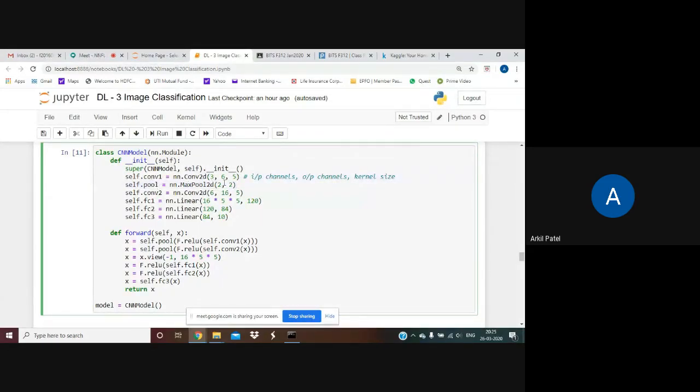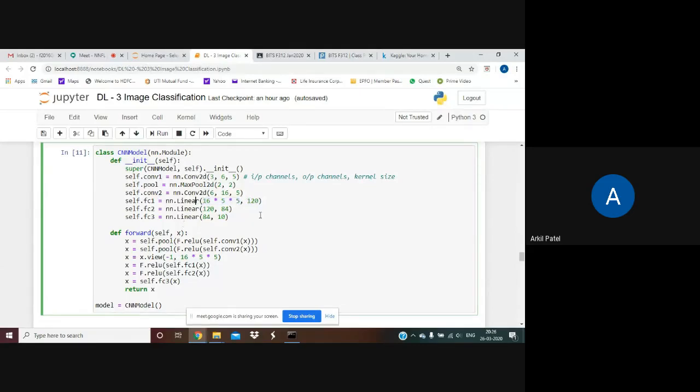Then I have a pool layer. I'm defining a MaxPool2d, which is 2 cross 2. Then I have my second convolution layer, and after those, I have my fully connected layers. Can you guys see what I've done here? At the end of the final convolution layer, I'm going to have 16 cross 5 cross 5 features. So I put a linear layer there, which flattens it and transforms it to 120.